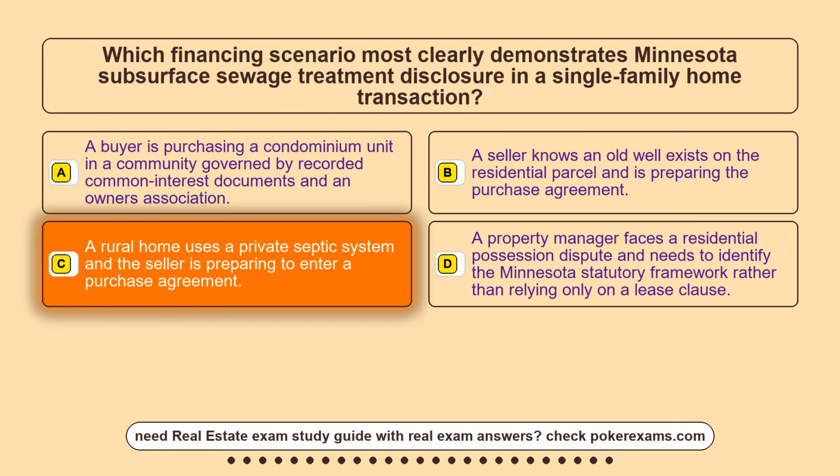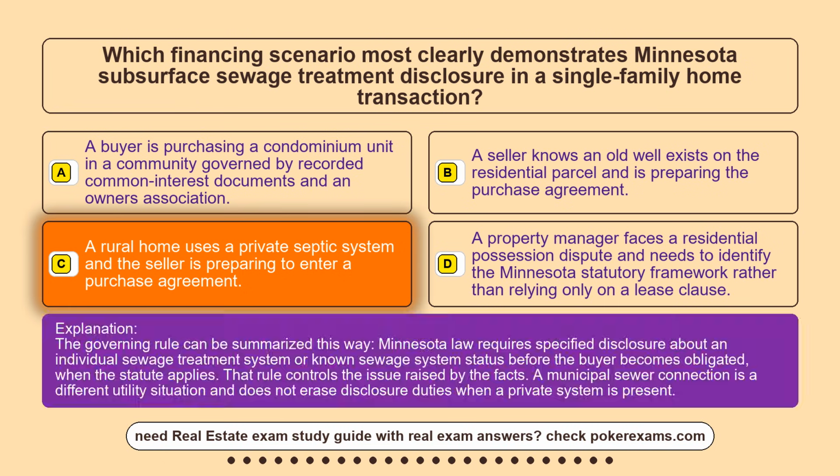The correct answer is option C. A rural home uses a private septic system and the seller is preparing to enter a purchase agreement. The governing rule can be summarized this way: Minnesota law requires specified disclosure about an individual sewage treatment system or known sewage system status before the buyer becomes obligated, when the statute applies. That rule controls the issue raised by the facts. A municipal sewer connection is a different utility situation and does not erase disclosure duties when a private system is